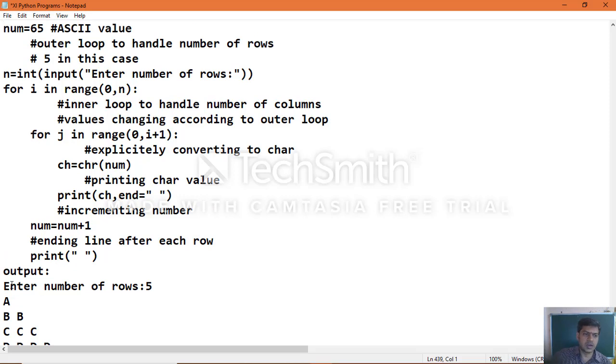Okay, so this is the program, and you can see how you can use it to print a character pattern. Each alphabet is printed in its row that number of times. If it is the first row, the character is printed only one time. If it is the second row, two times. If it is the third row, three times. If it is the fourth row, four times that alphabet should print. Same way,